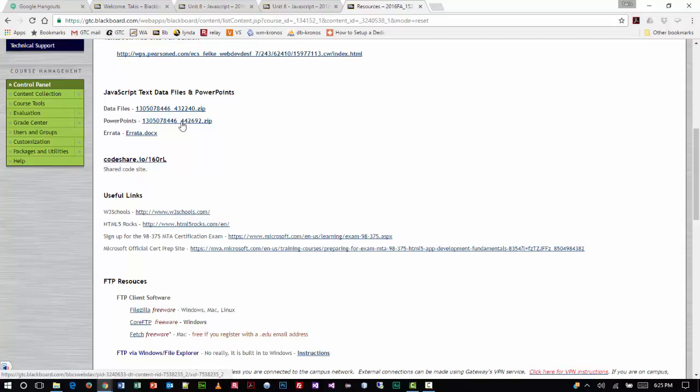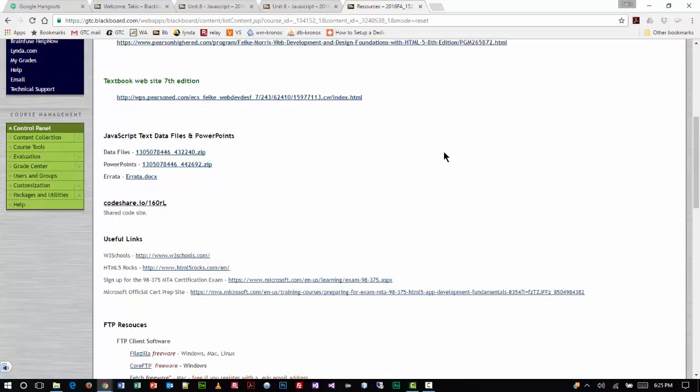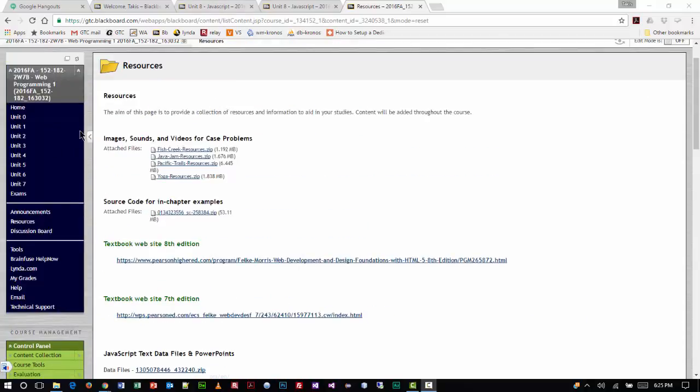There's PowerPoints and errata. You should always check the errata whenever you're working in any textbook. I will be adding the PowerPoints for these chapters by next week, unless we actually get to it tonight. If we get to the point where we can work on it tonight, that would be great, but I'm not counting on that. All right, so going back to Unit 8,